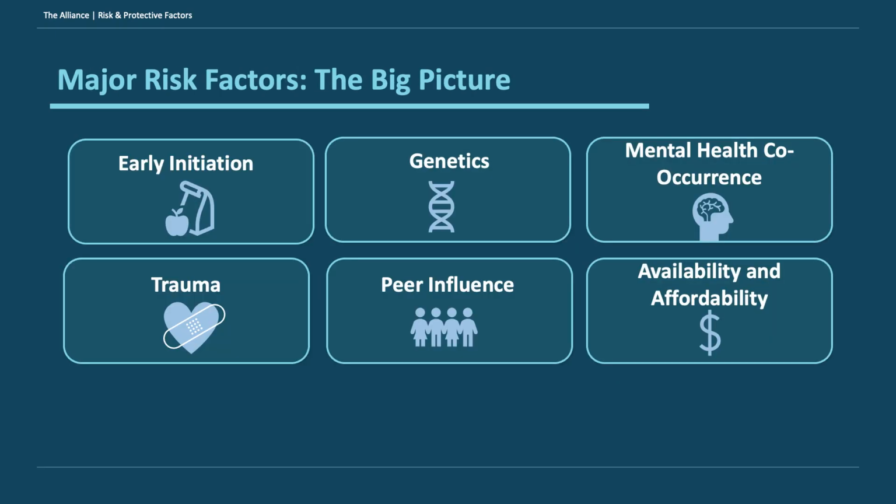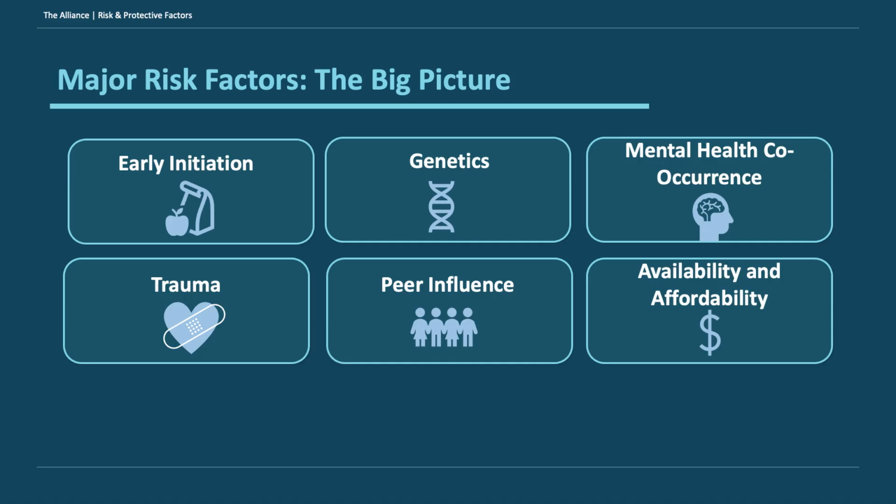So I'm going to talk about risk factors for youth and risk factors for adults, but if you zoom out at what we see over and over again, it's these six key buckets. One is early initiation, and again, many of you know this, but early initiation of any substance, particularly alcohol, drastically increases the likelihood of developing an alcohol use disorder or engaging in risky drinking. So, for example, if you start drinking by the age of 12, the likelihood of you developing an alcohol use disorder goes up exponentially compared to if you start drinking closer to 18 or 19. So this early initiation, being able to capture or address kids before they hit that, is really, really important. And it's a reason that a lot of folks are focusing purely on delaying age of initiation.